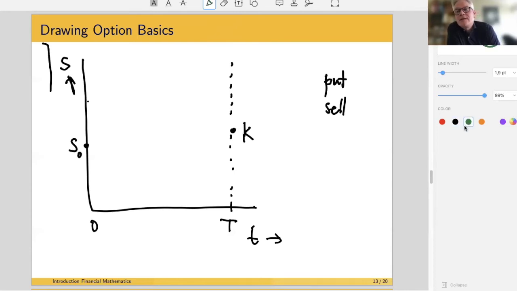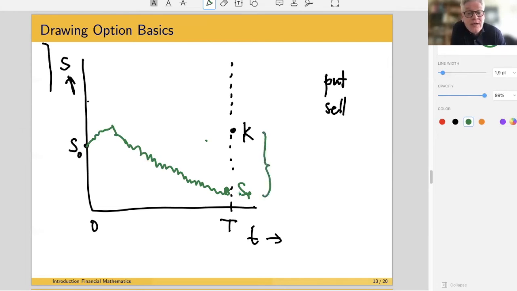Now suppose that the stock is not doing so well. Initially it goes fine, but in the end it's not doing so well. Bad timing. And the stock is only worth this much. Then the holder of the put option has the right to sell for K. And that is beneficial in this case because the stocks are worth only a lower amount, S sub T, but it's still possible to sell them for K. So the holder of the put option would do that, and would receive K for the stocks. So the profit is K minus S in this case,